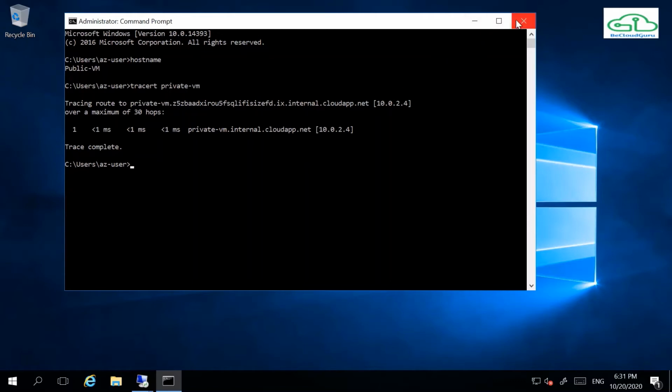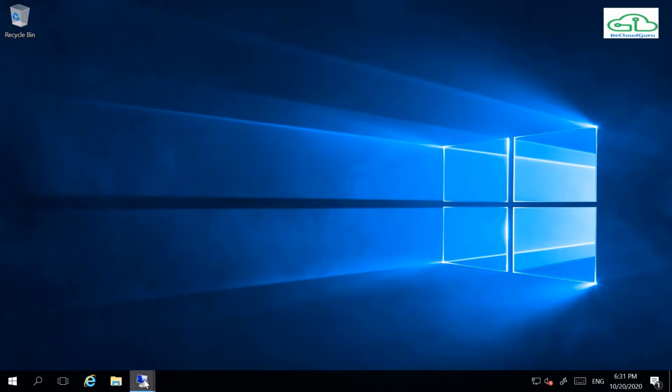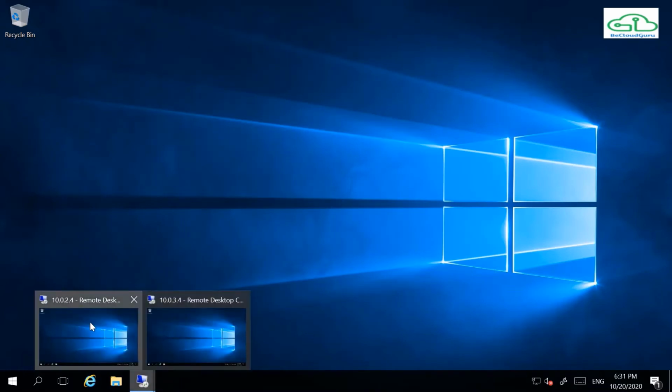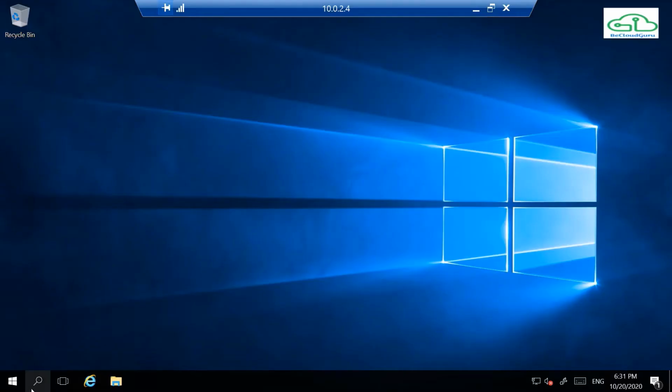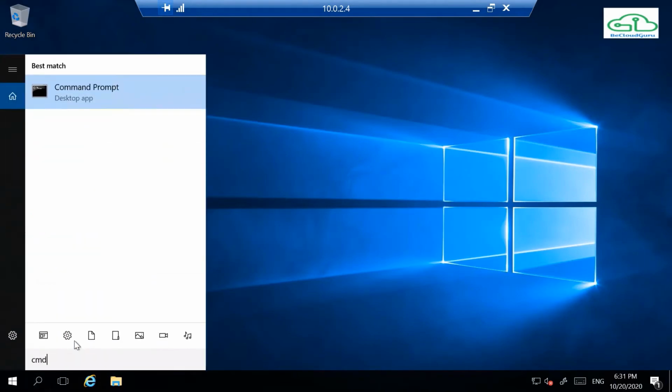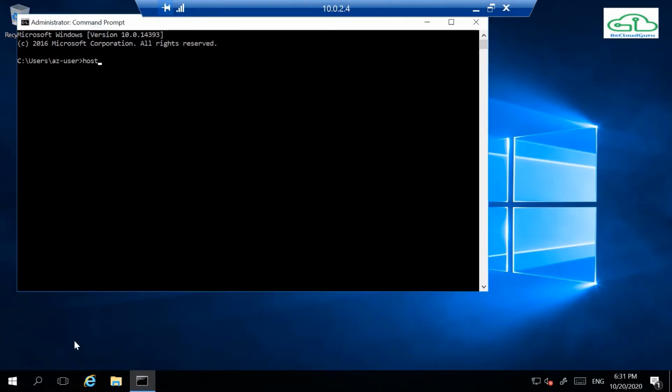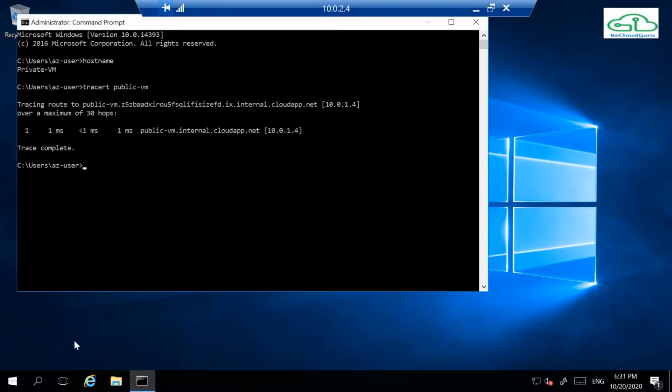Similarly, if you go to my private VM, that is 10.0.2.4, I have already logged in to save some time. Open the command prompt. If you do the hostname here, it is my private VM. If I do a tracert here to my public VM, you can see it's communicating directly to the public VM with the help of the system or the default routes.